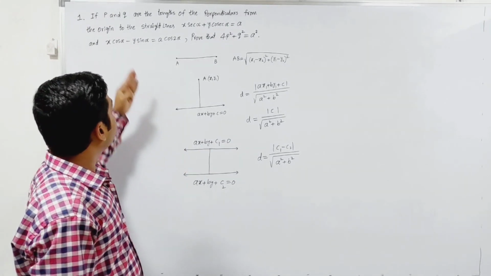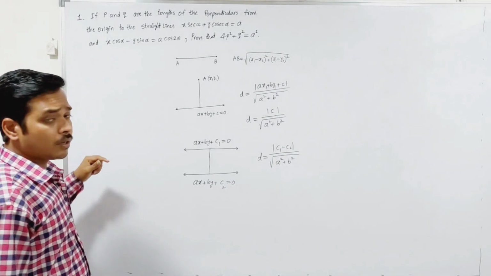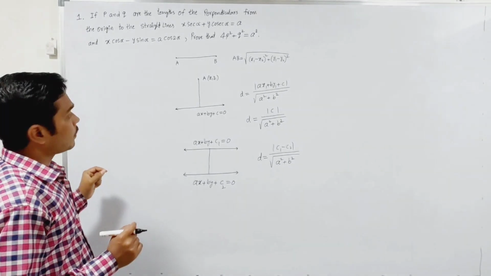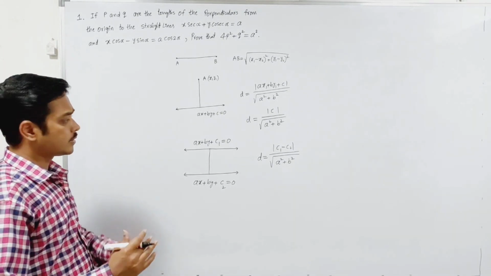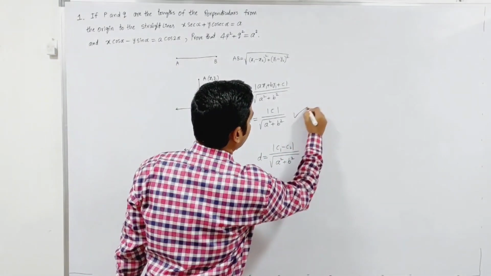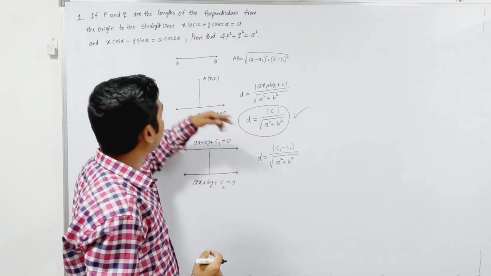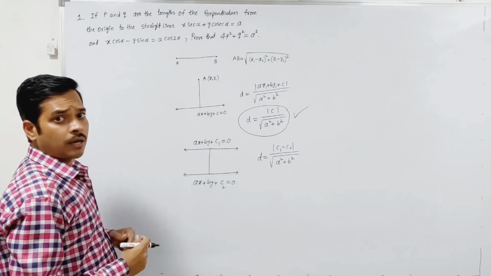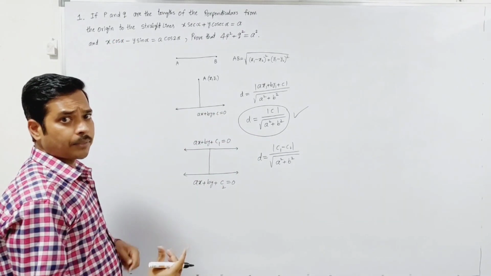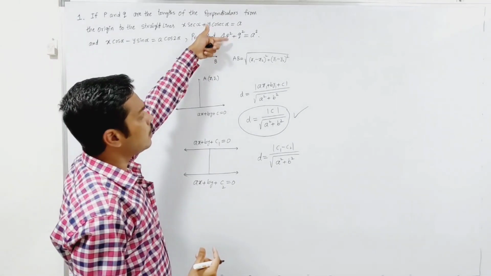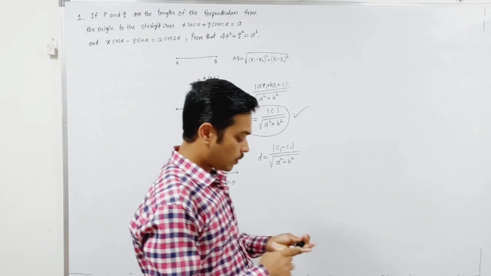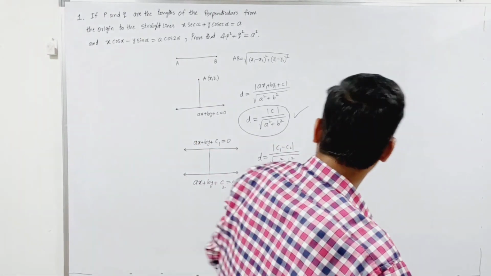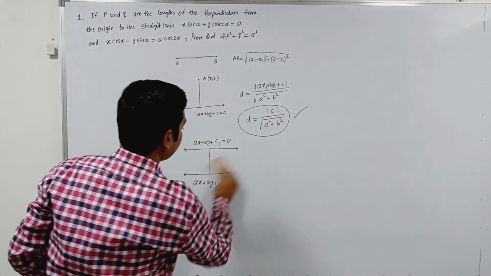Okay. In this problem, p and q are the perpendicular distances from origin to a straight line. This formula is applicable. By using this formula, we can find out p value as well as q value. After finding p and q values, replace in the LHS part of given equation. Okay. Now apply this formula, we get p and q values.